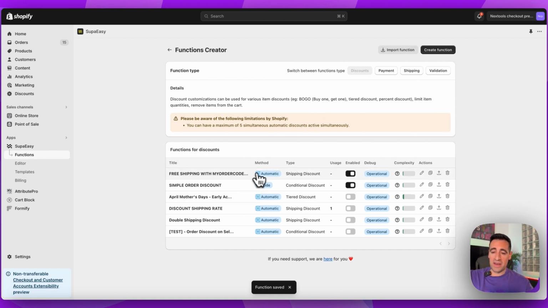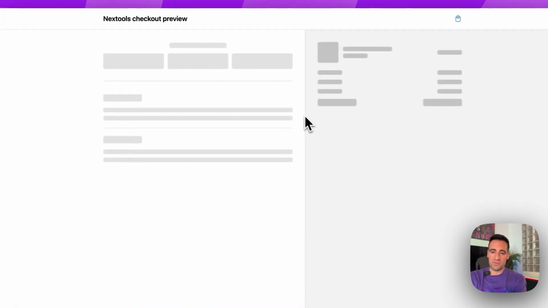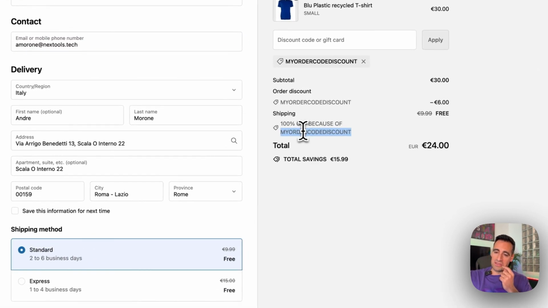Perfect. So now we have an automatic shipping discount that listens for a cart attribute that needs to have a specific value. Then we have AttributePro that syncs the discount codes used in the checkout into a cart attribute. And then we have the code discount created with SupaEasy that has the specific code. So let's reload the page. Now, as you can see, all the shipping rates are discounted by 100%